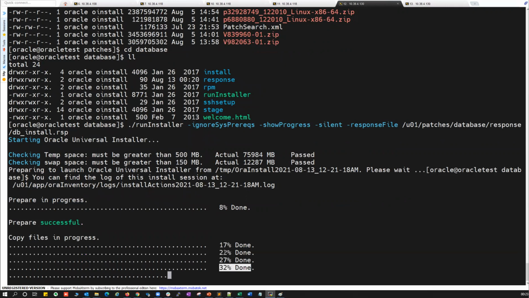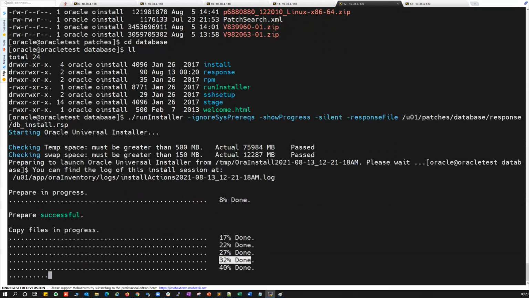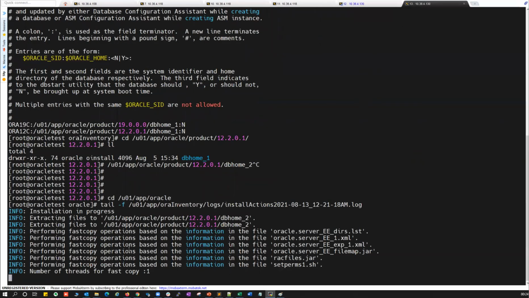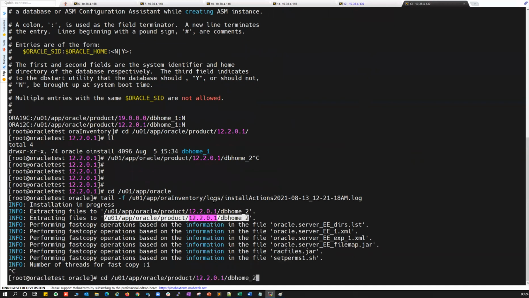Going pretty good now. Right, so 40% done. You can go to this log. It's just copying operations.